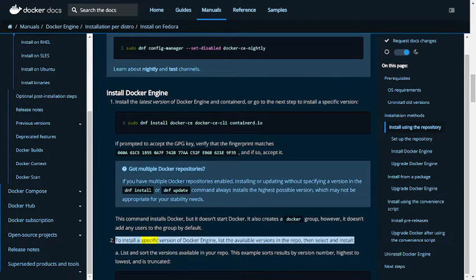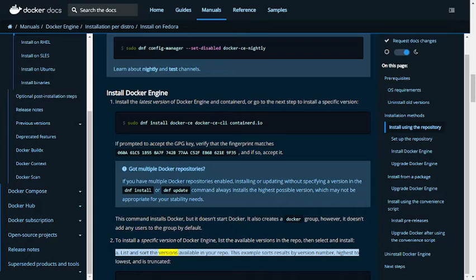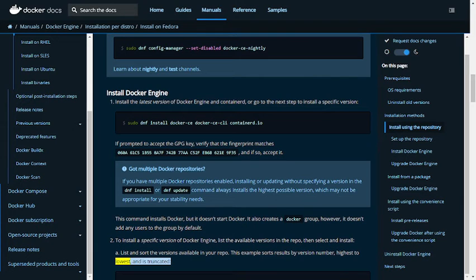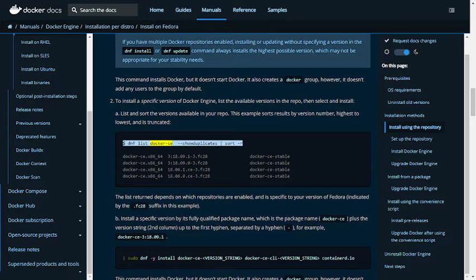To install a specific version of Docker Engine, list the available versions in the repo, then select and install. List and sort the versions available in your repo. This example sorts results by version number, highest to lowest, and is truncated. $ dnf list docker-ce --showduplicates | sort -r